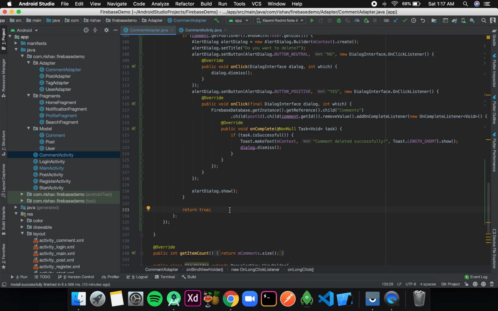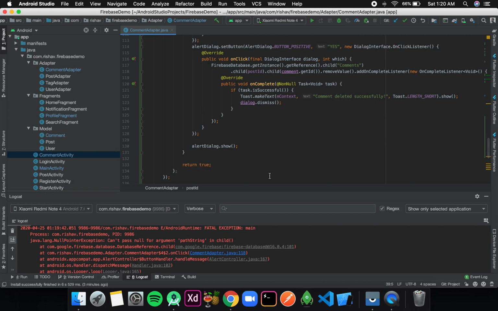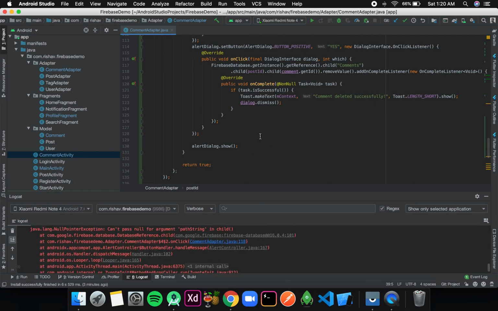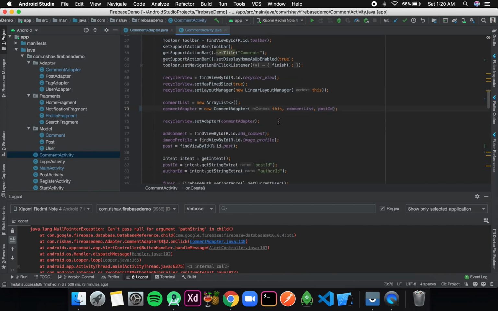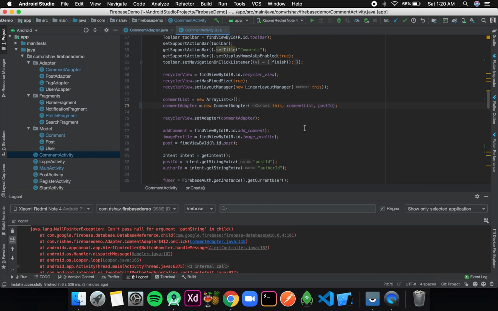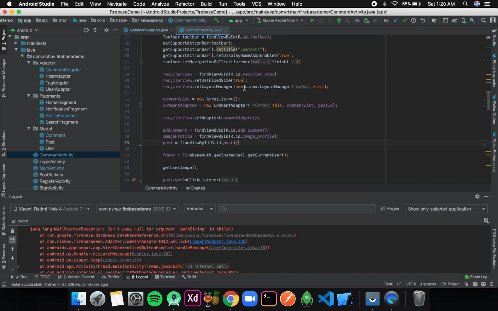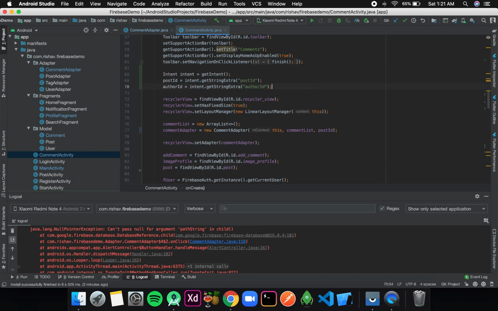Now let's try running this. Once the application starts running, if I try deleting a comment, it crashes. The problem is, in comment activity I have passed the post id, but I am getting the post id later, so null is being passed. So I'll simply cut it from here and paste it before this, like over here.